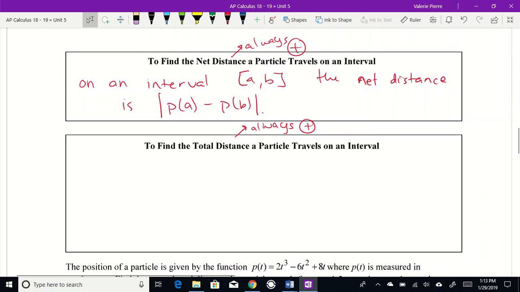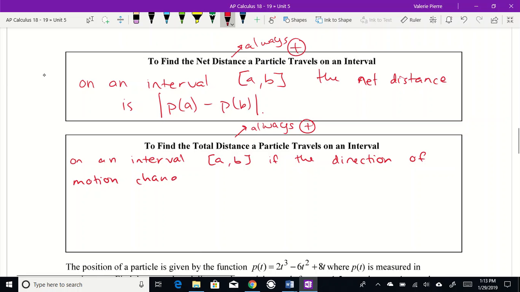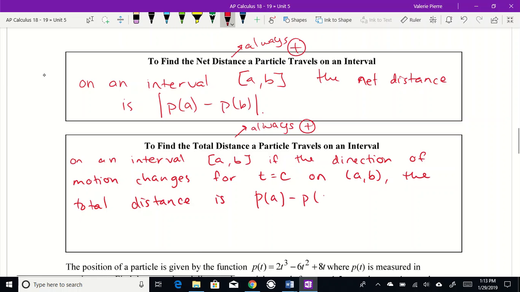Okay? So total distance, right? So on an interval A to B, if the direction of motion changes at some point of time C, on the open interval A to B, the total distance is the position of A minus that position when we change directions, the absolute value of that, plus the position